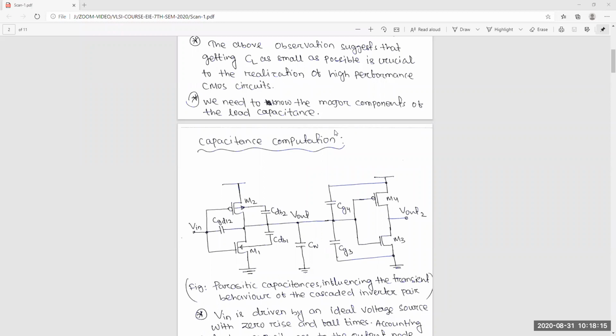So there are three types of intrinsic capacitance. One is oxide related capacitance, one is time dependent diffusion capacitance, and the reverse bias junction capacitance, that is drain to bulk. It is completely non-linear, voltage dependent, and depends upon the reverse bias voltage, drain to bulk or source to bulk. And the oxide capacitance includes overlap capacitances. Overlap means gate to source, CGS, and gate to drain, CGD. That overlap capacitance will come.